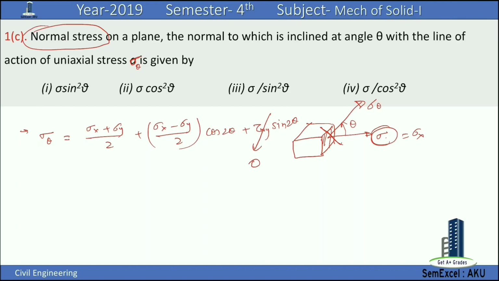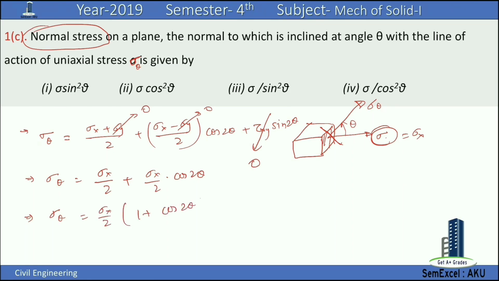So here sigma y is also 0. So sigma theta is equal to sigma x by 2 plus sigma x by 2 into cos 2 theta. Let's take sigma x by 2 common, you will get 1 plus cos 2 theta. Sigma x by 2, this term will be equal to the